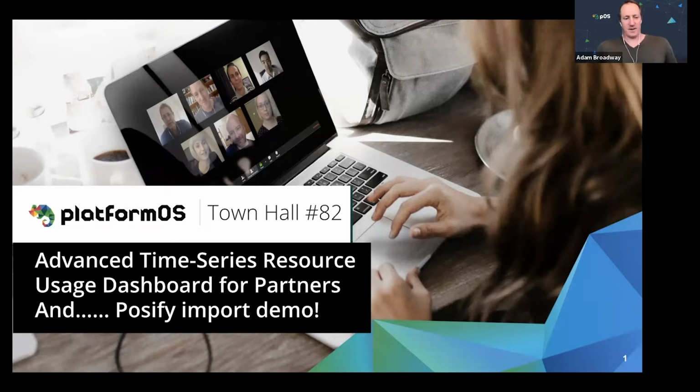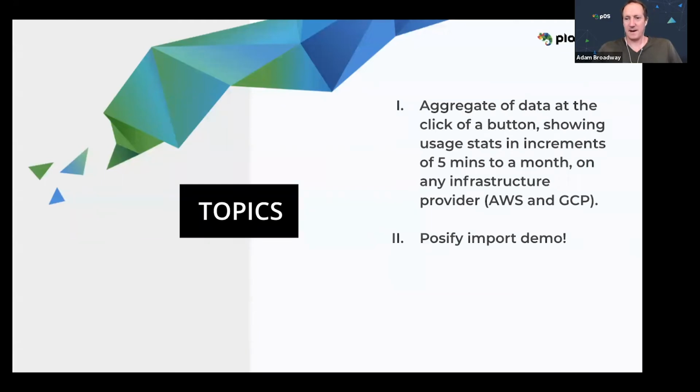A lot of background information to give you about the Advanced Time Series Resource Usage Dashboard for Partners. What is that all about? It's all about giving channel partners access to all of the data logs that we use and collect to define overages. I know that's been a long time coming. We can't wait to charge overages, and I'm sure you can't wait to be able to see the data usage